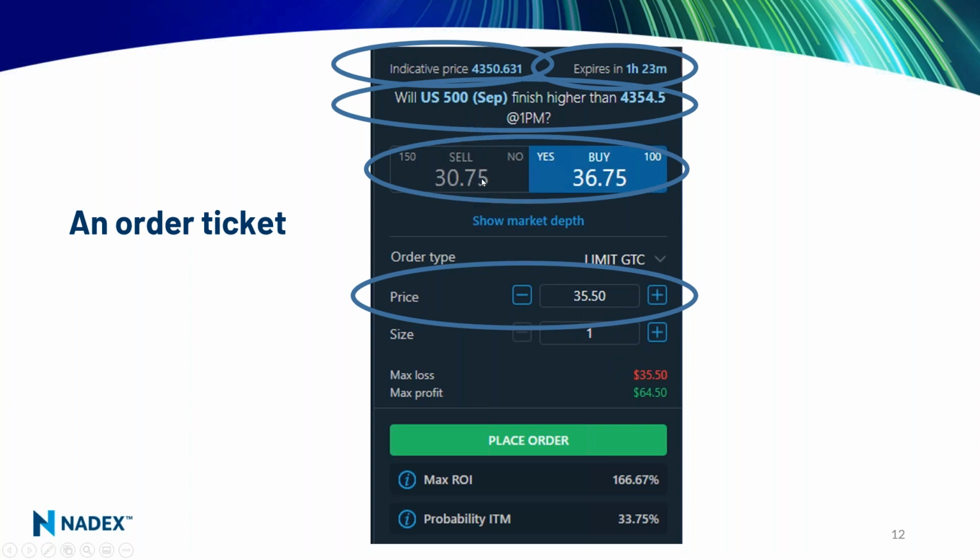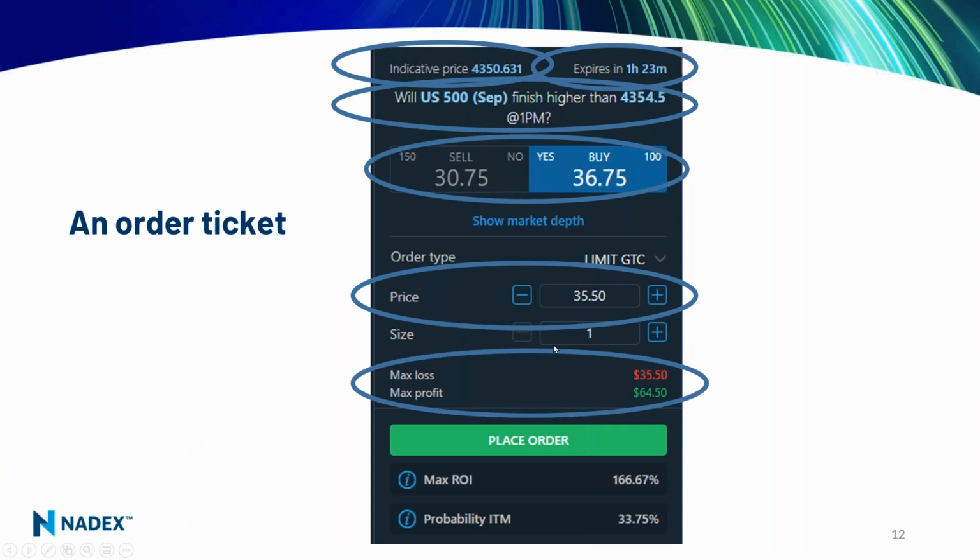Now, what'll happen is you'll see all of a sudden, instead of 150 of them, and that's what those numbers are in the upper corners, 150 are currently being bid for at 30.75. We would see one bid for 35.50, and that would be me. And if someone wanted to sell one, they could sell it to me. Now, does that mean someone's going to? Not necessarily, but I don't have to trade on these prices. I can use limit orders. If the market's moving quickly and you just want to get a trade, you can always use a market order. But you can put orders between the market.